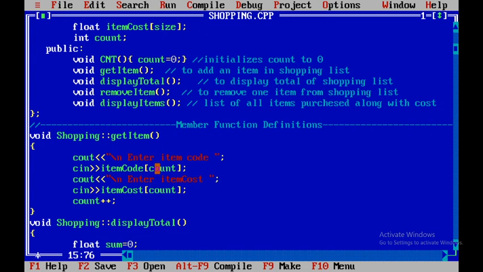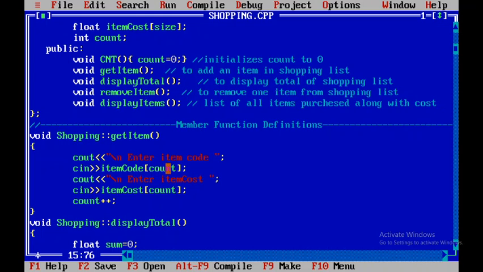So when get atom is called the first time, whenever we want to add the first atom, the count value will be 0 as per our initialization. That means we are going to enter our first element of the array atom code, that is atom code in square brackets 0.